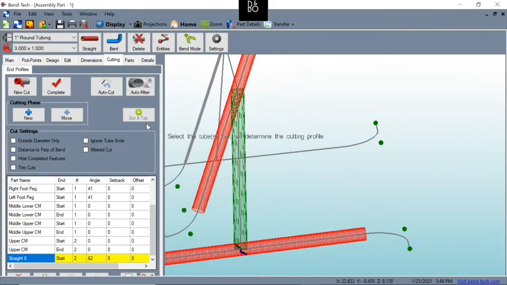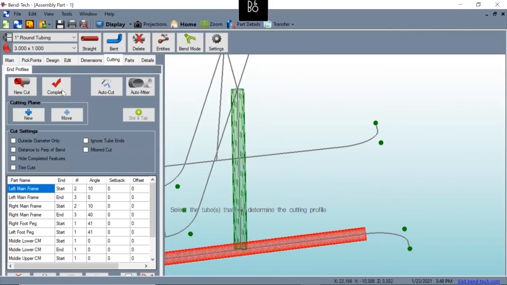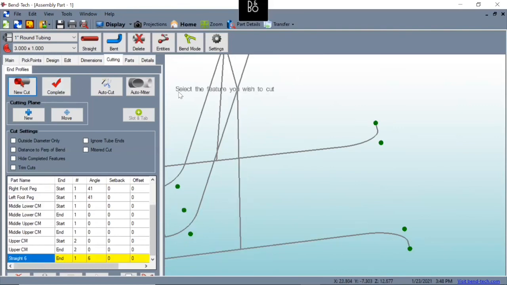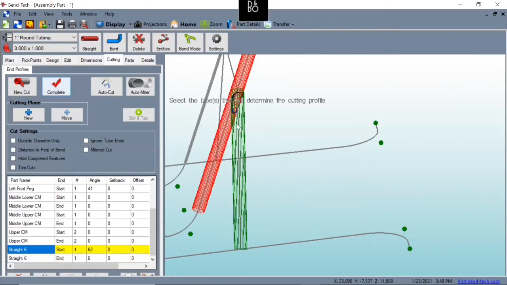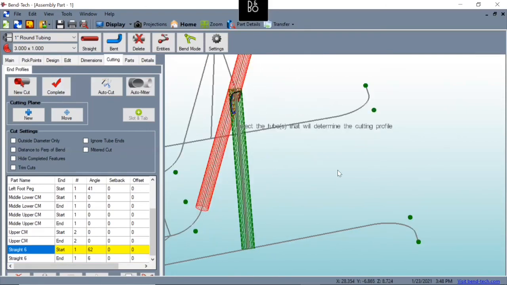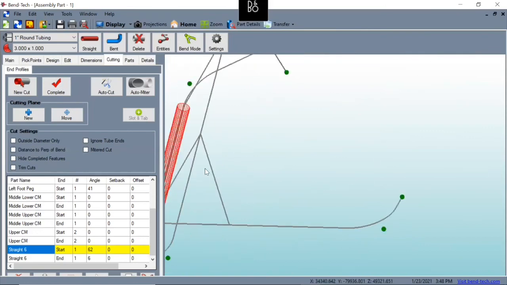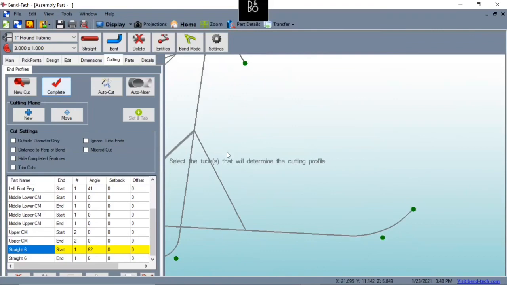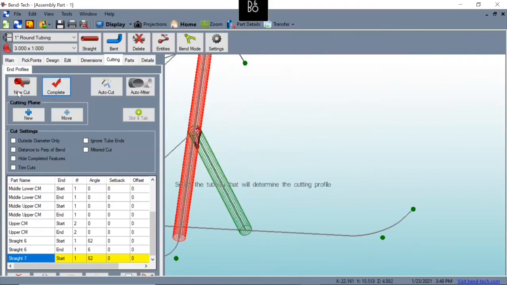So let's hit Control Z. We're going to go new cut, this tube down to the bottom, complete. New cut, this upper to the main frame, complete. Now we've got our cutting wrapper for both ends on the start end and the rear. New cut, complete. New cut,